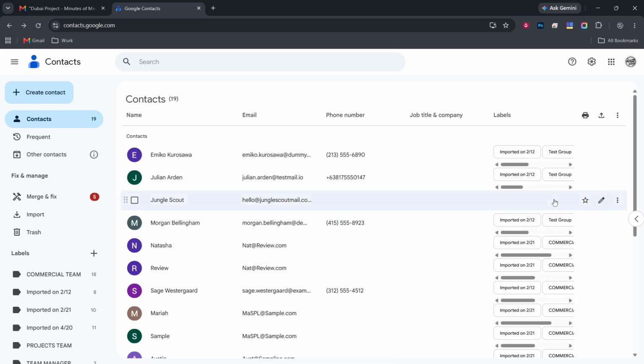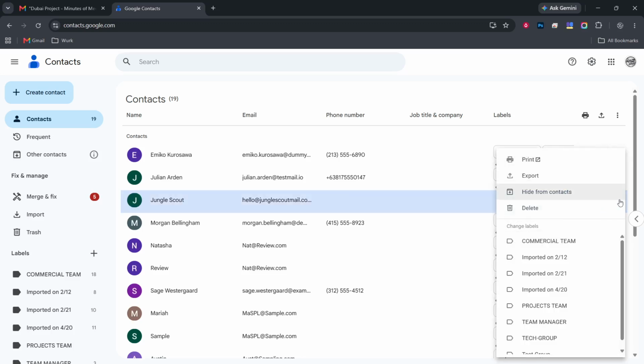Next, click on More Actions, represented by 3 dots. This option can usually be found near the top of the contacts list. Clicking on it will reveal a drop-down menu. This is where you can access additional options that help you manage your contacts more effectively. It's a simple step, but it opens up a range of functionalities available to you.